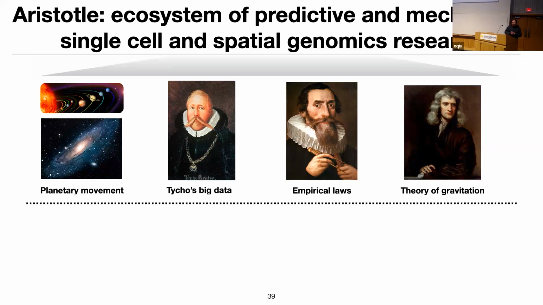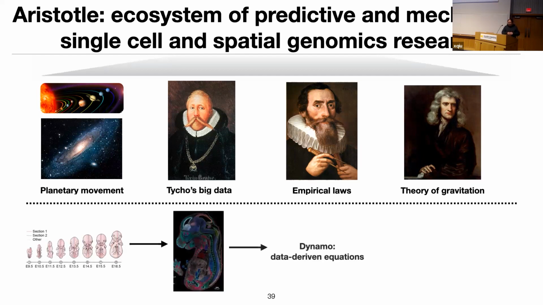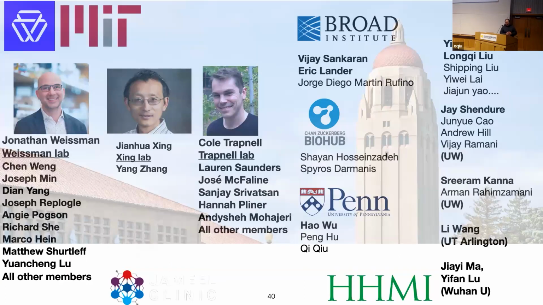So that's basically what I have. I want to end my talk with this analogy between astronomy and biology in searching for a unified theory. And I hope with bigger data and more advanced machine learning, we are able to really gain predictive models for the biological system. So with that, I would like to give a big thanks to Jonathan and also my previous mentors and collaborators, Jianfa, Yang Zhang, Cole,